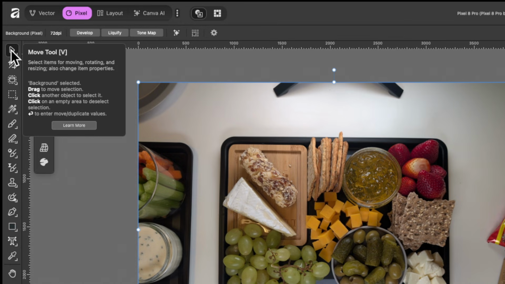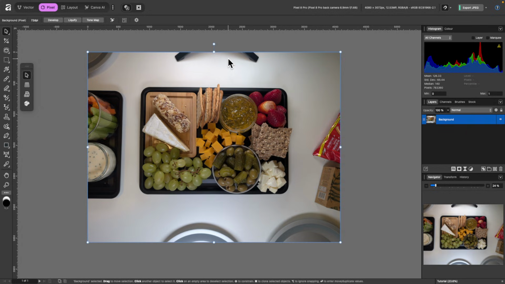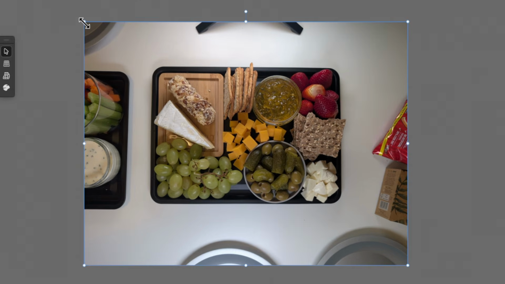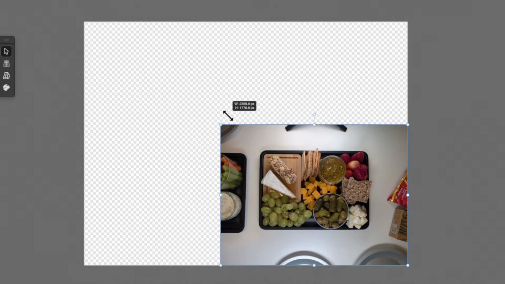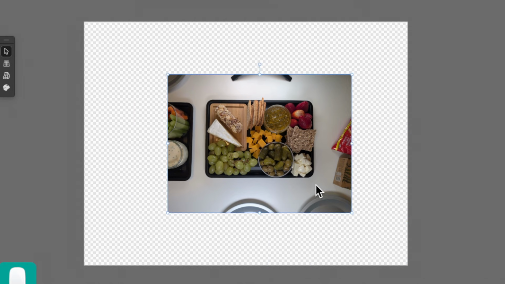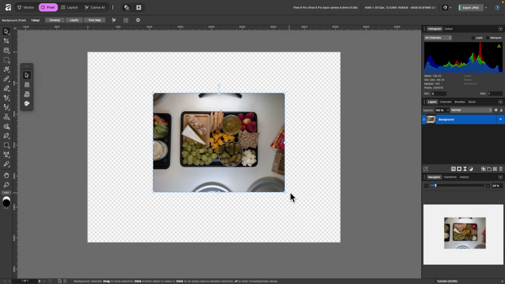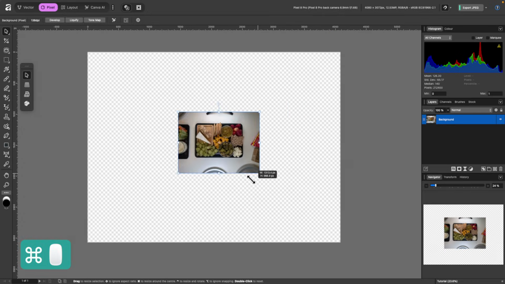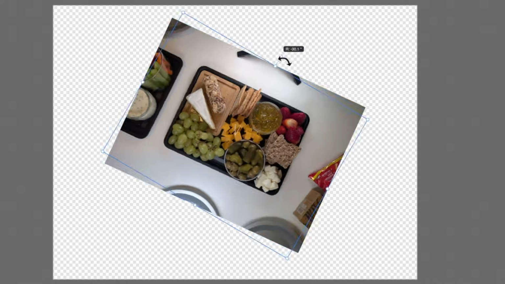Starting off with the Move tool, and this is the cursor that you see here. Basically, this one will allow you to scale, rotate, and select objects. So let's just get started. I'm going to click on the top left, and scale down. I'm just dragging with the trackpad, and you can see it scales to the bottom right edge. And if I do the opposing side, you can see it scales up to the top left side. And if I go ahead and hold down Command, click and drag, it will scale from the center like that. And there's a little handle up there letting me know that I can rotate it like this.